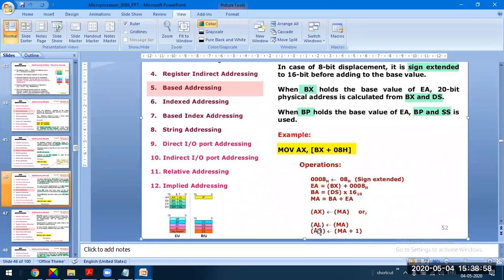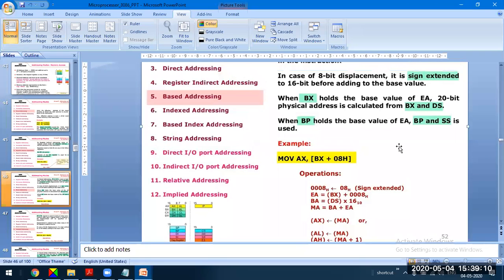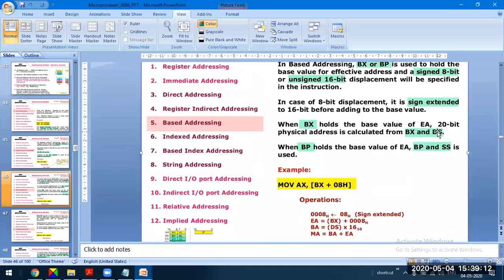If we are dealing with 16 bit, it will add 16-bit data into the AX register. So this is what is known as base addressing mode. In the base addressing mode, depending on the memory used, for example, if you are using a data segment, the BX register is used. If you are using the stack segment, the base pointer is used.